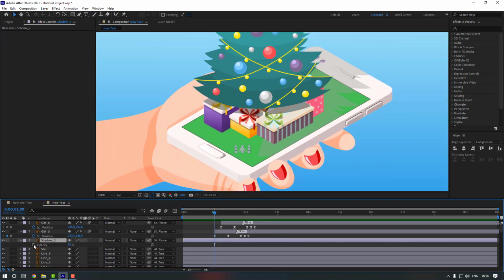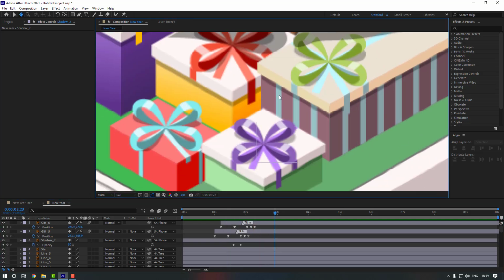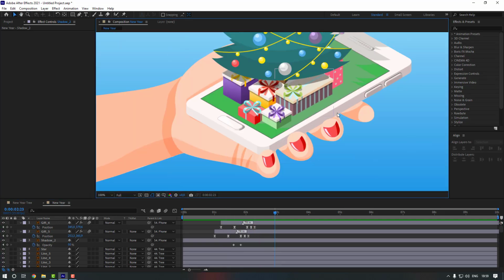Let's press T and make opacity keyframe. Let's make it 0 for now. And move this keyframe to here. And then go to here. Let's make it 50. Let's see. Or maybe we can move it to the right a little bit more. Let's see now. Nice. Actually, I didn't like the color of this shadow, so to fix that, let's go to